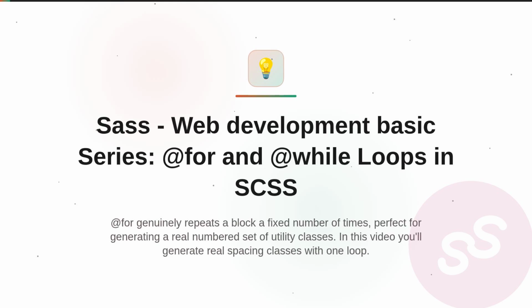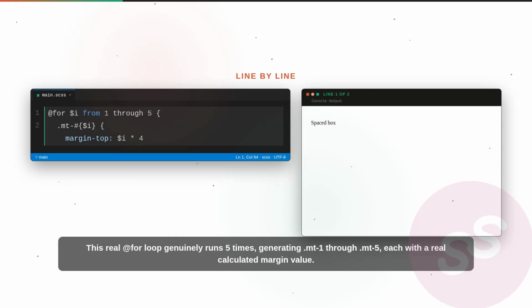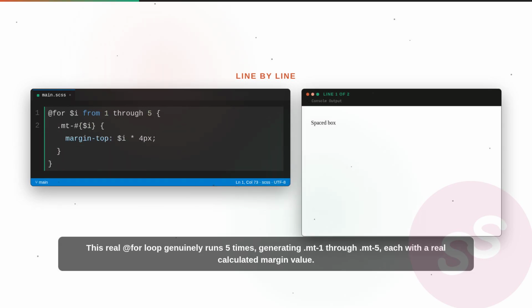@for genuinely repeats a block a fixed number of times, perfect for generating a real numbered set of utility classes. In this video you'll generate real spacing classes with one loop. This real @for loop genuinely runs 5 times, generating .metric-1 through .metric-5, each with a real calculated